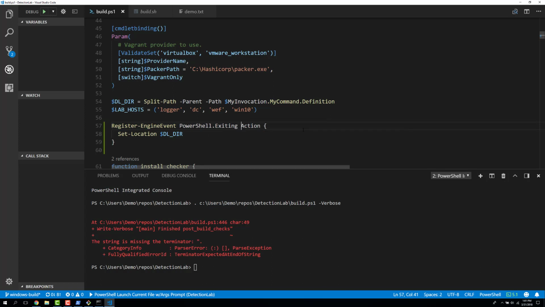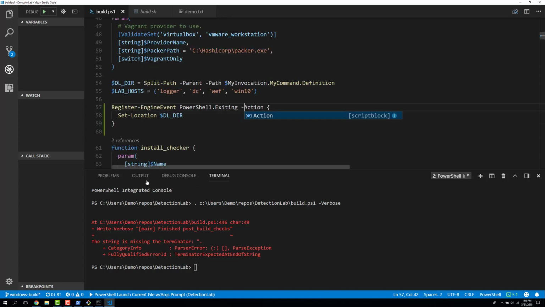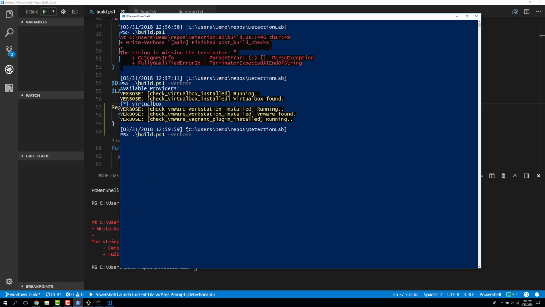Yep. So that's a smart dash. That's a normal dash. That's what we get for copying and pasting code. Yep. Great, great, great. So if we do verbose,